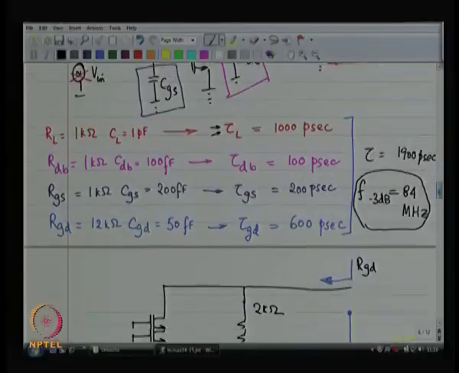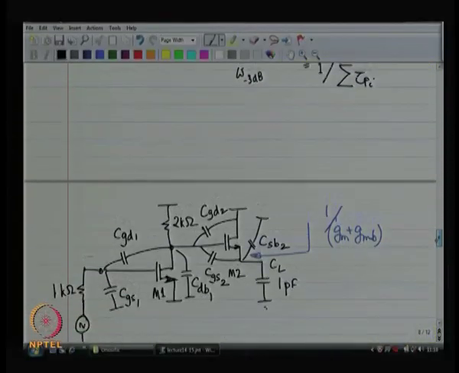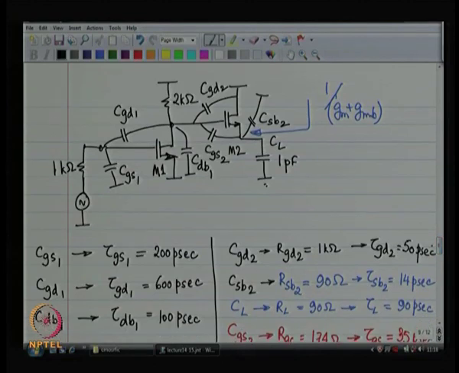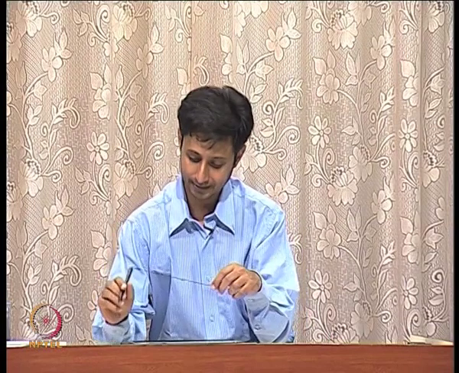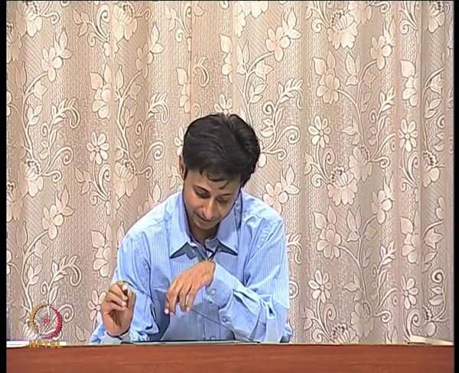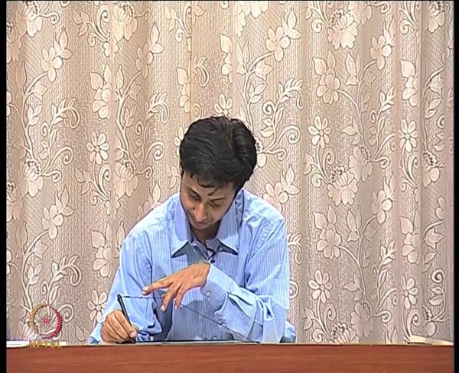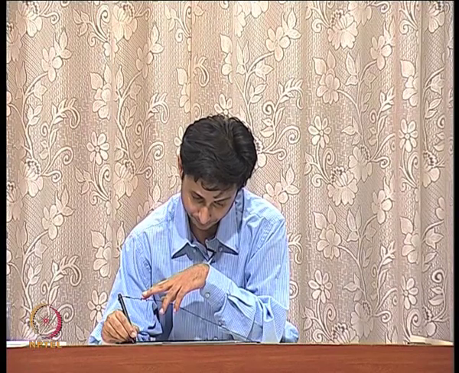So, this was the reasoning, and my second cut design had a buffer. This was my second cut design. I put a buffer over there, basically to reduce the resistance seen by the 1 picofarad load capacitor. From a resistance of 1 kilo ohm, I started seeing a resistance of 90 ohms,